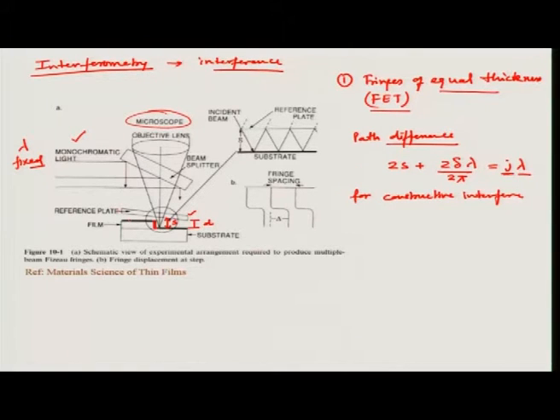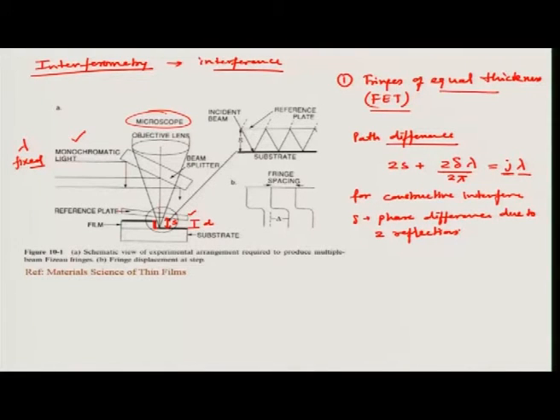Suppose your film was uniform, you did not have any film. So, this is the distance, in absence of film. So, you will have this path difference, and if these conditions are met, delta is phase difference due to two reflections. Because light is being reflected at two surfaces. One is at the top surface of this, and the other is from this substrate surface in this case when there is no film.